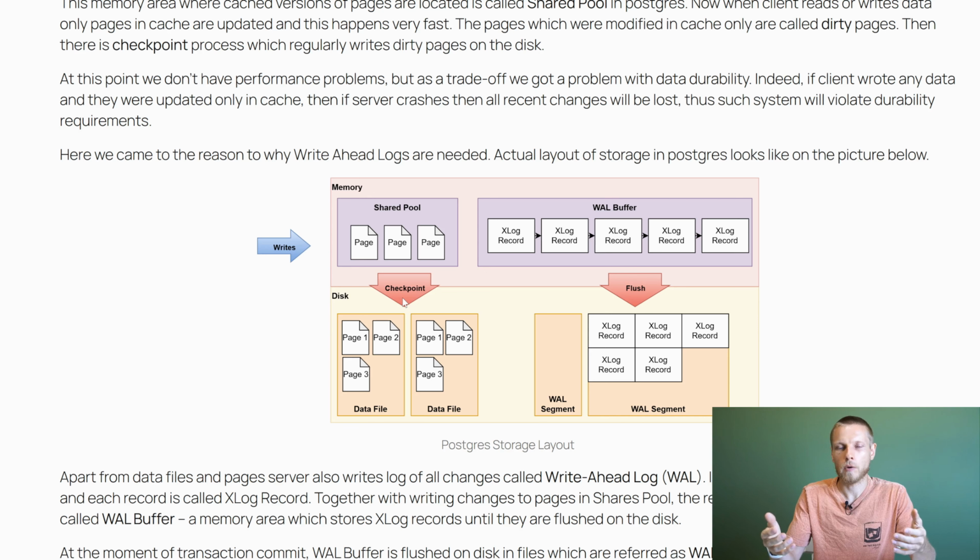One can ask a question. If we anyway need to write something on the disk on each commit, so basically, instead of writing pages, we write XLog records, would that not be slow, and would we not just throw away all the benefits which we introduced by adding those shared pool memory buffers? And the answer is no, because first of all, remember what we said about random access